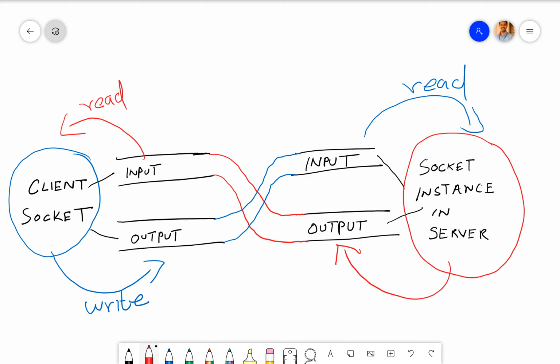So data that is written into the server side output stream flows through the stream and is read in the input stream of the client side socket. In the same way, data that is written to the client socket's output stream flows through and is read from the input stream of the server side socket instance.